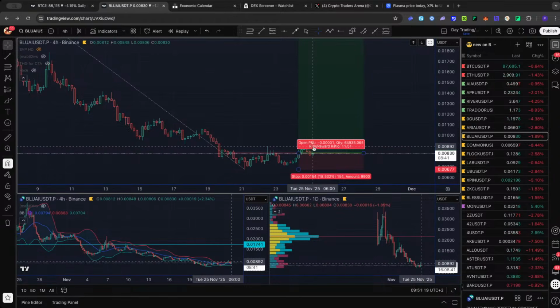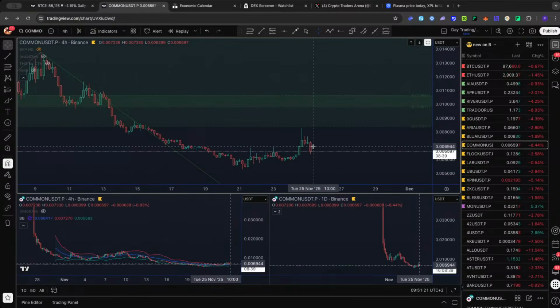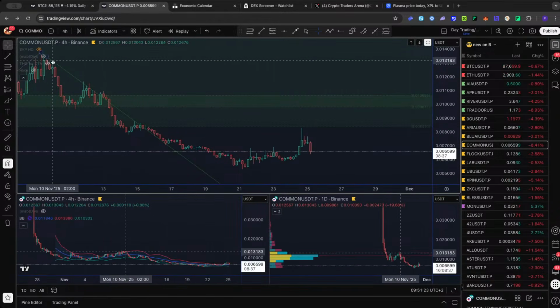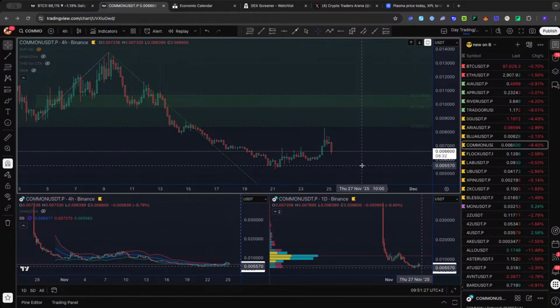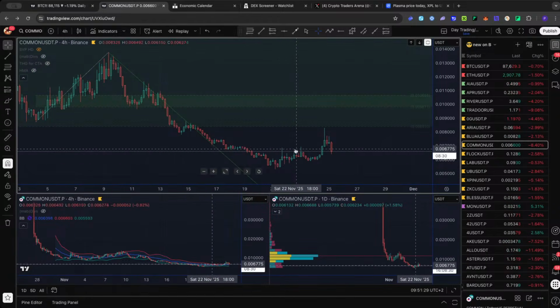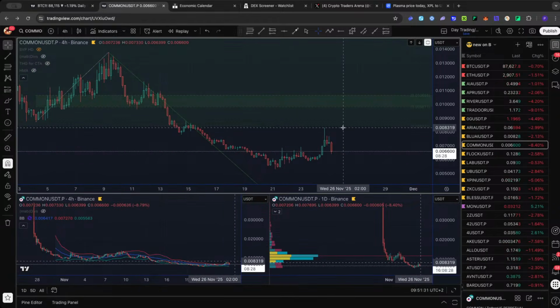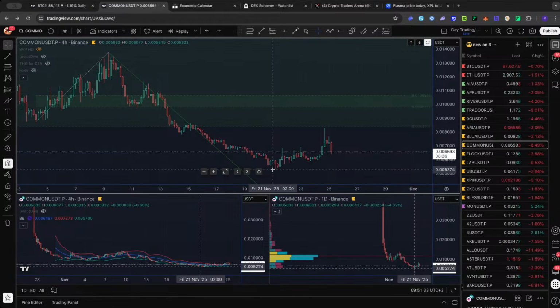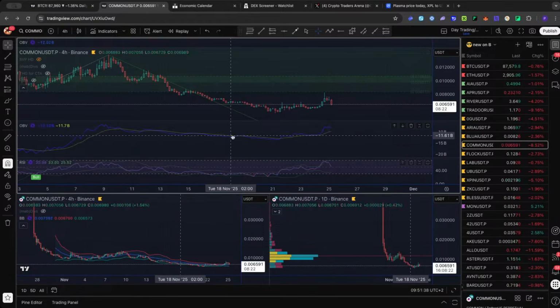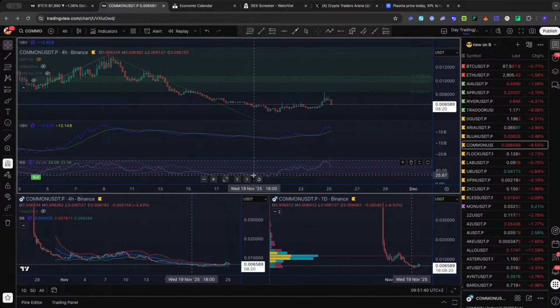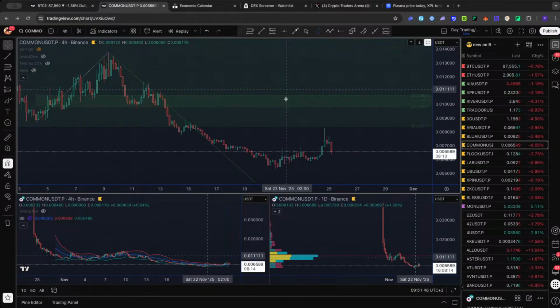Here, we like it or we don't like it, we have a 4-hour double and we are retesting that 4-hour double. I don't know what the market will do, but look at it. This is a W. 4-hour W, breakout and retest. You like it or you don't like it, I don't know. OBV is behaving nicely. RSI is behaving nicely. Even some bullish divergence here.